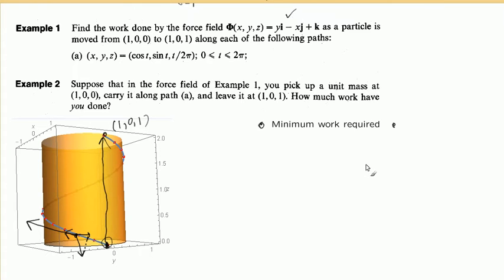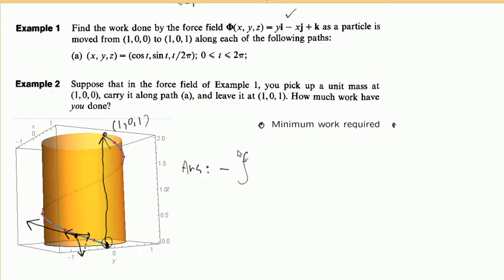This time it will be positive because there's something working against our direction, right? Okay? So does this question make sense? So what is the answer in here? The minimum work is the work done by this force field, minus. That's it. Because we always work against the vector field in there. So the answer is